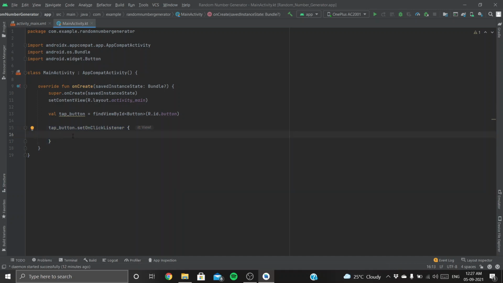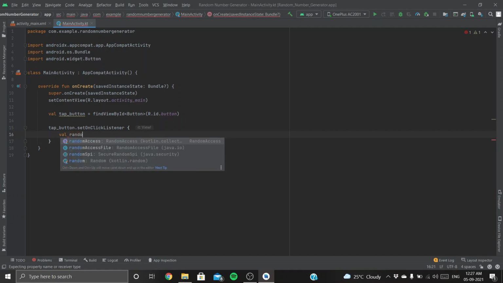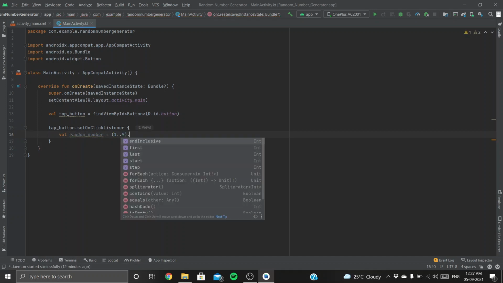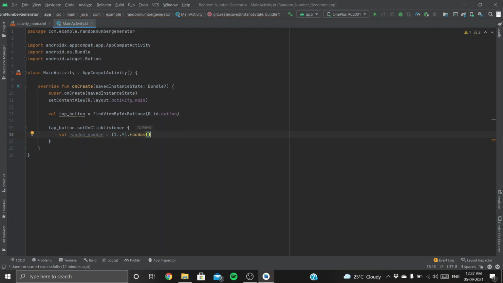So inside, after clicking the button, let's generate a random number now. val random_number is equal to (1..9).random(). Okay, this generates a random number from 1 to 9. So now random_number has a random number from 1 to 9.